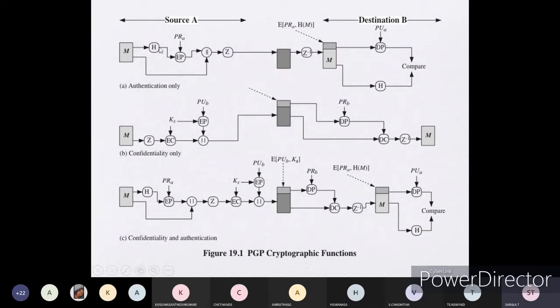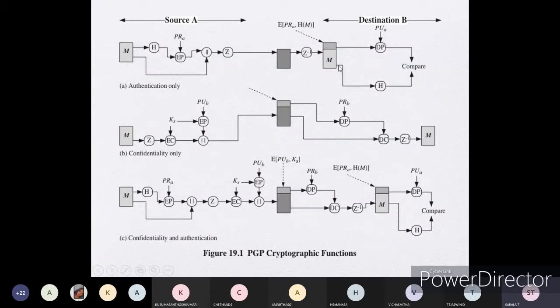First the hash function is done on the message, represented as HM. With your private key you are going to do the encryption. That's why it is encryption with the private key on your hash function message. That part is here.